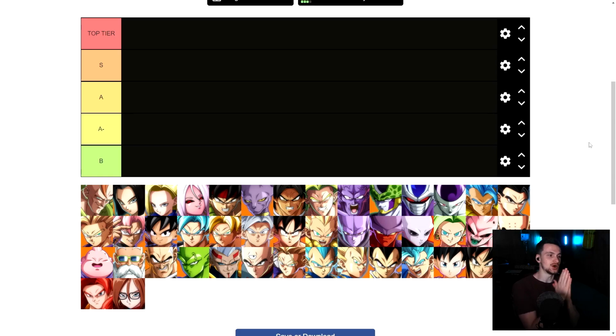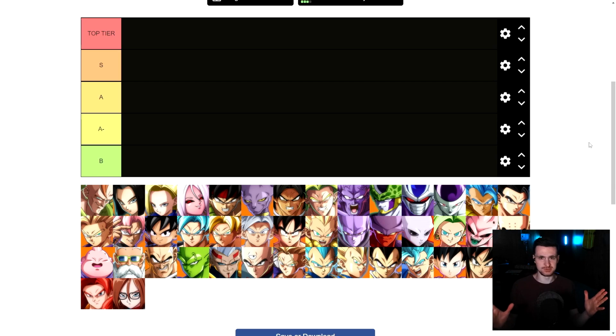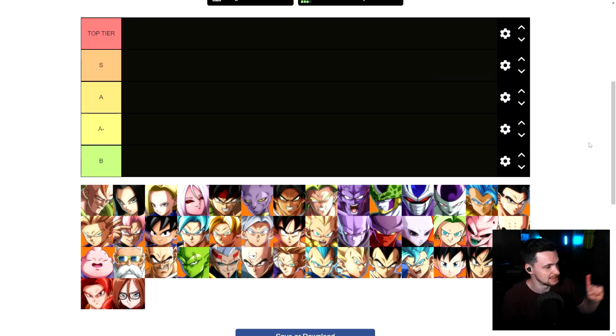Alright guys, so here we are on the tier list maker, and we're gonna be starting from top tier: S, A, A-, and B. There's gonna be no C, no D, or anything like that. So of course, like anybody else who does a tier list, go ahead and work from the top down to the bottom. And our first one for this tier list, up here, right up there, is gonna be